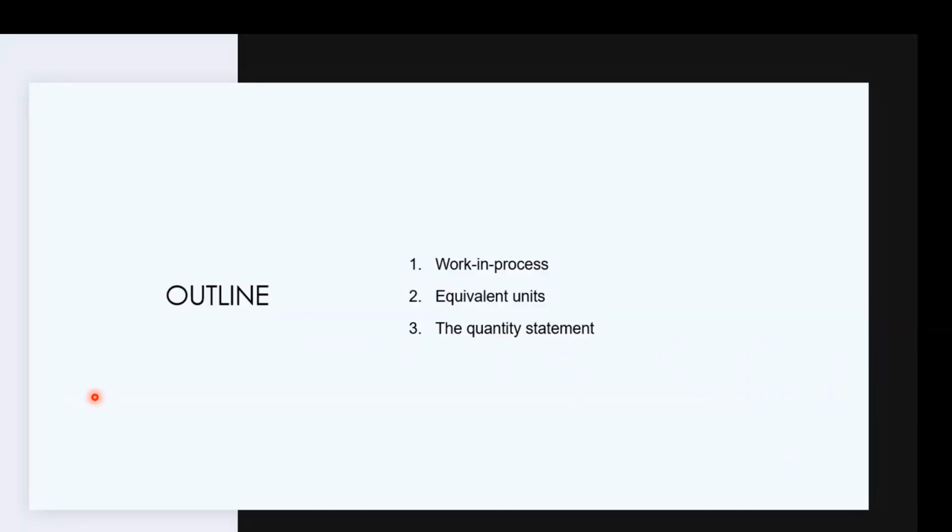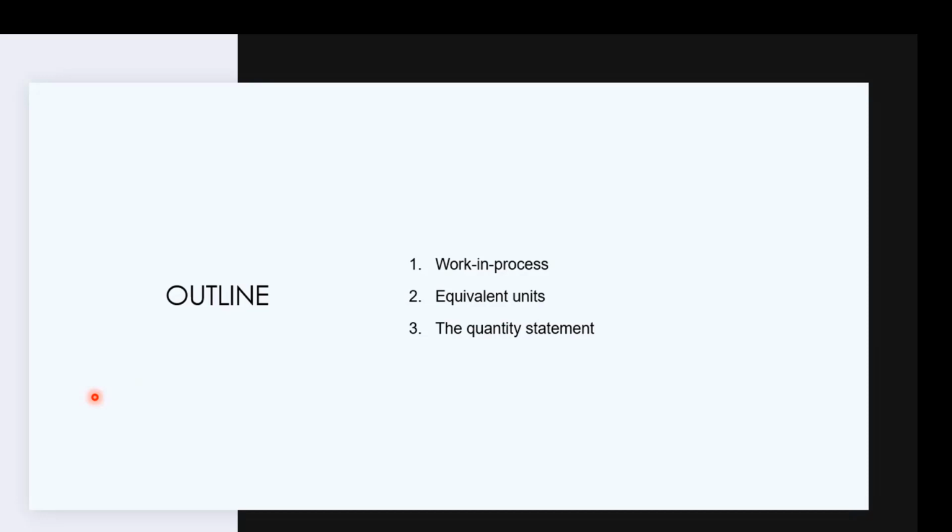Last week we looked at job costing, and this week a bit of process costing. I'll do a bit of a recap of the process costing that we touched on, and then we're going to get into the detail of process costing as a whole. Some of the things that we'll be looking at are the work in progress process and equivalent units,